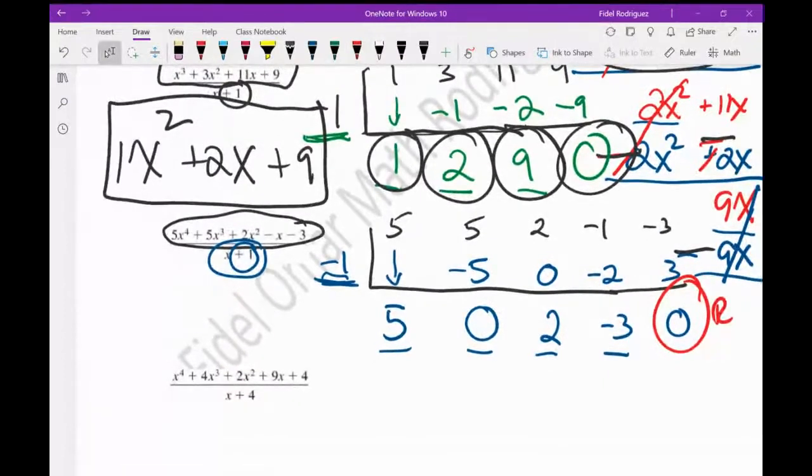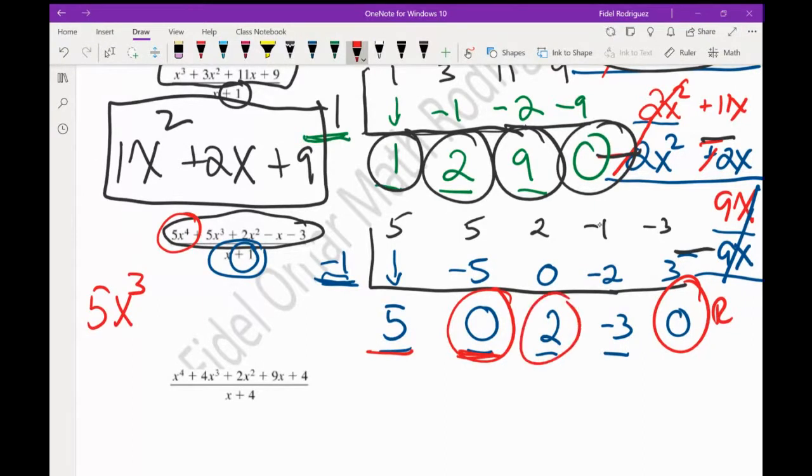So now, I want to think about what it is we have. We used to have an x to the fourth polynomial. We're going to reduce it by a power of 1. This is telling me the number in front of my x to the third, okay? What's the number in front of the x squared? 0. So if 0 is in front of the x squared, I don't got to write it down, y'all. This is telling me the number in front of the x, and that's my constant term, okay? So because we have that 0 there, I don't have to fill that number in. I'm not going to put like 0x squared. I'm just not going to write it,